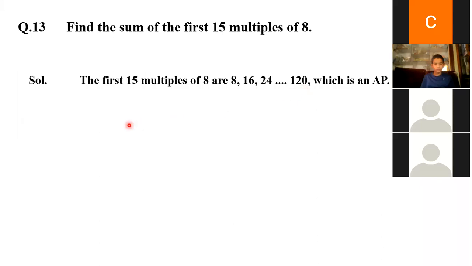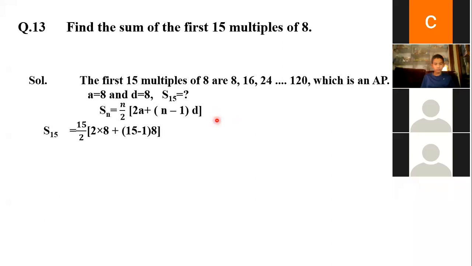They're asking first 15 multiples. Up to first 15 means 15 eights, up to 120. We need to find out. A value they gave 8. D value, of course, common difference we are getting 8. N value 15, L value, last term is 120. You can find out Sn is equal to n by 2 into A plus L, formula you can apply. A value we know, last term we know. You can apply n by 2 into 2A plus n minus 1 D also, or n by 2 into A plus L also you can apply. Check it, children. Yes, ma'am.